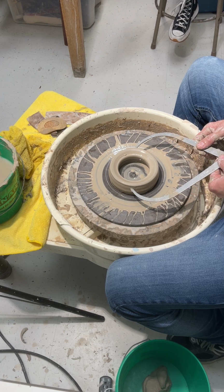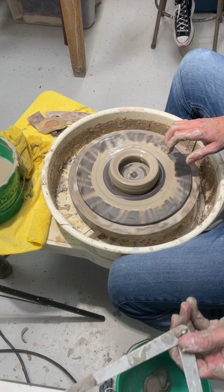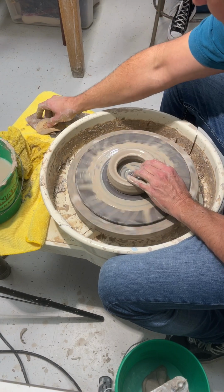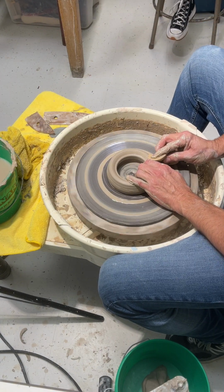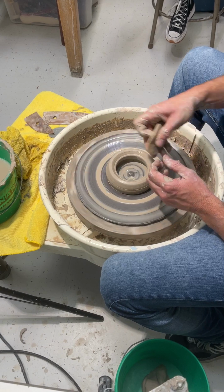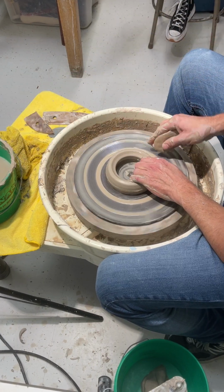See how it's a little bit wider than what it is? Actually, I might even do a little bit more. And the reason I do that is because when I go to push it back in, it lines up. So when I pull